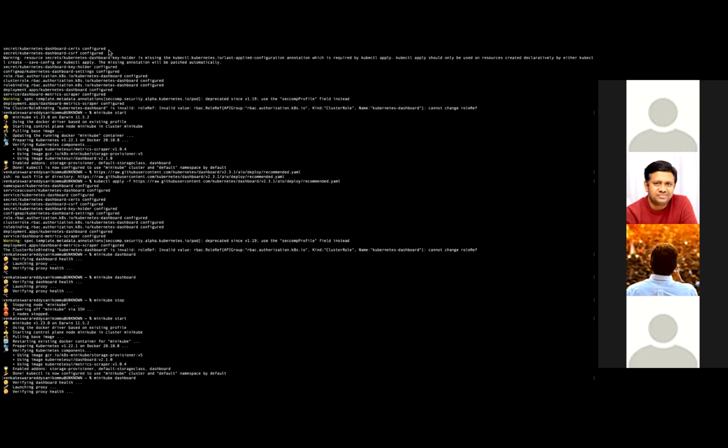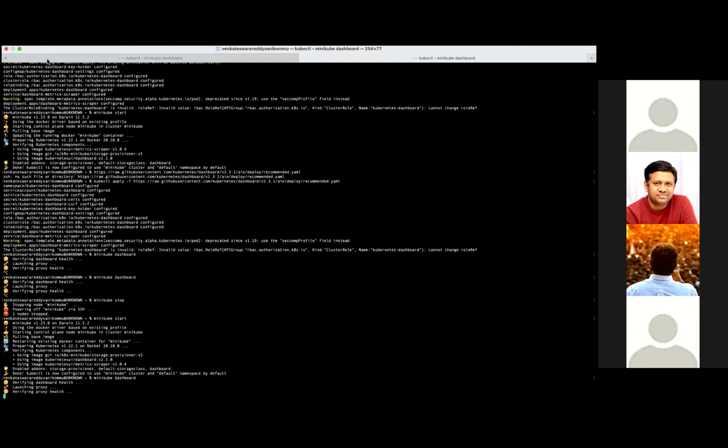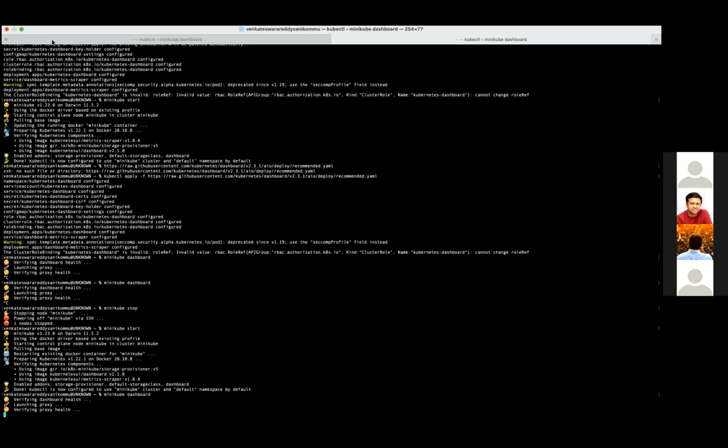There are two terminals running, Venki. Can you just see what is going on in the other terminal? Can you click on the first tab? Yeah. Click on that. Click on the tab, please.